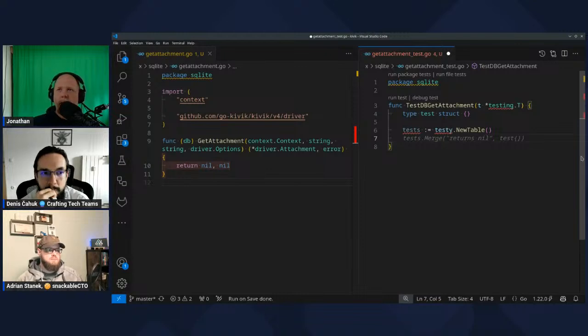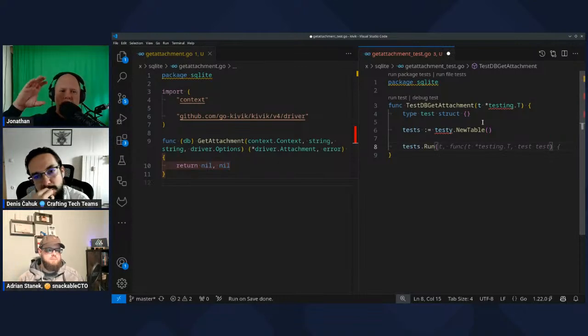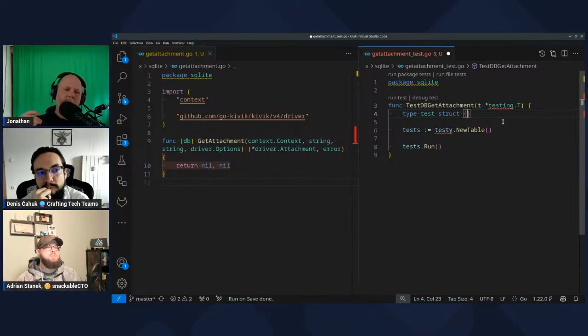You can do it in any language. I basically create an array of test cases, and then they can all run through the same test function. This struct is one of those test cases, so that's where I define my inputs and my expected outputs and so on.